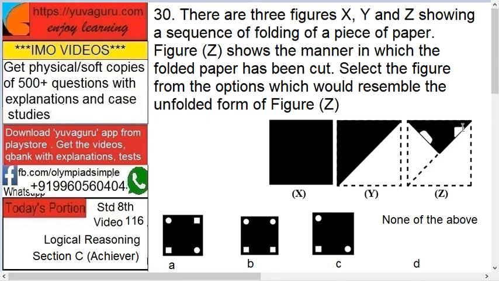Now regarding this triangle, when you unfold this, there would be 2 triangles, and when you unfold this triangle again, it will become a square. So there would be 2 squares. So which one has 2 squares? This A has 2 squares. C doesn't have 2 squares, so out. So B was out earlier, C is out now, and A, if you see, has both things. This becomes a square, these two become a circle. So A is the answer.